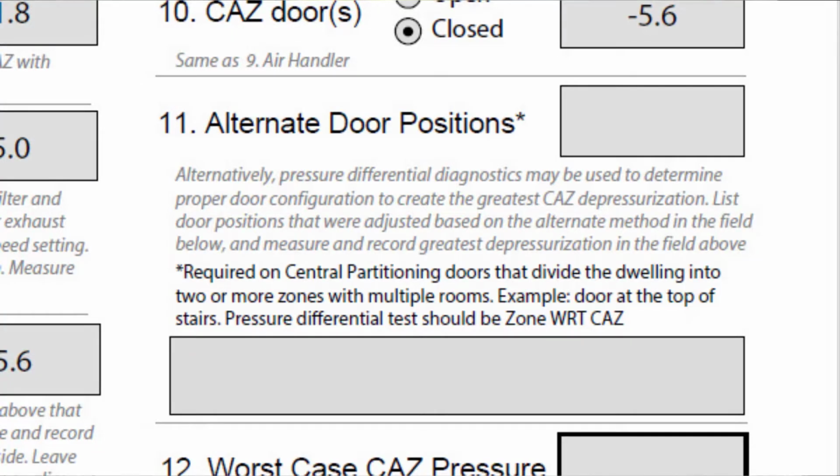And then the last thing is alternate door positions. Now, if you feel very strongly about it, you could go throughout the house with a manometer and do a zonal pressure test on every door if you want to. Feel free to do that. If you do, then you're going to document that on step number 11. But please note, on step number 11, there's this little asterisk here